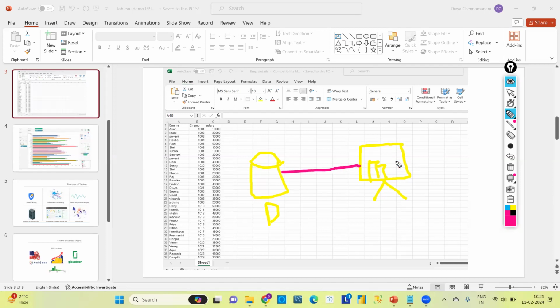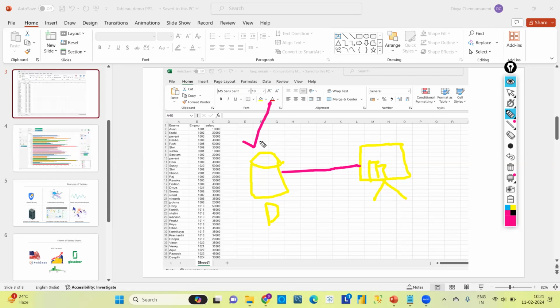To create any type of graph in Tableau, we need data first of all, correct? Data may be in any form. It may be in the form of Excel, PDF, or databases. In real time, in businesses and companies, as the data will be huge, we will use only databases.